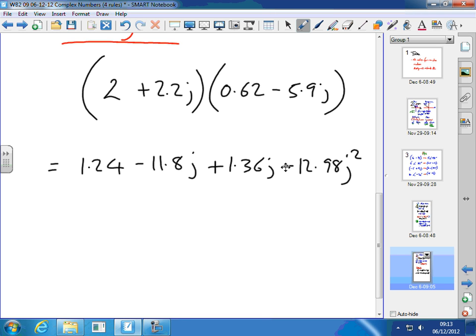Now, remember this. This is the key to this. What's j? Right, the imaginary number, which is square root of minus 1. So question, if j is the square root of minus 1, what's j squared? Minus 1. Well done. Because that's the definition of it. If I square that, I'm going to get minus 1. So that means that suddenly this last bit becomes a real number, because j squared is minus 1. And we get